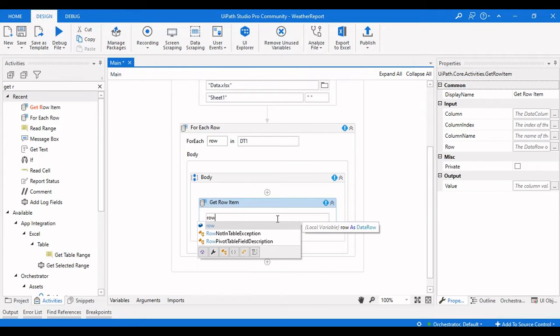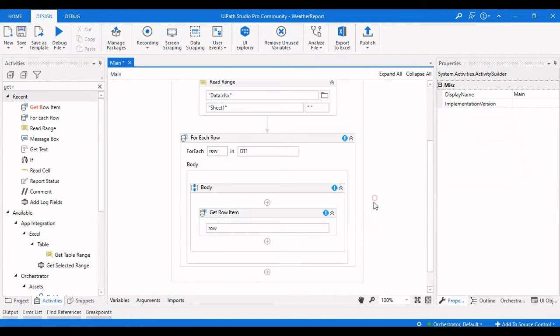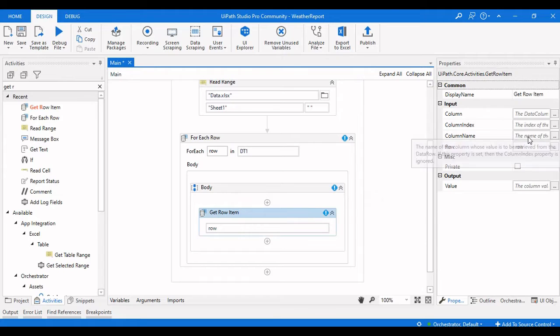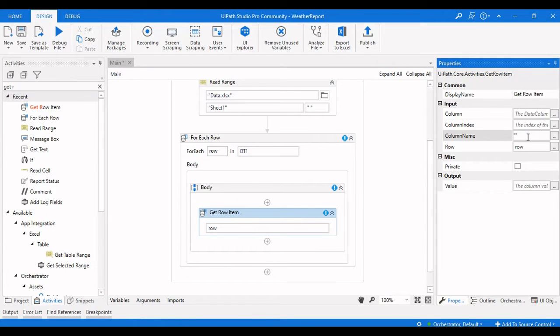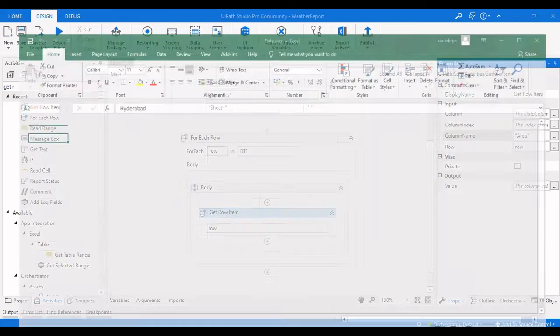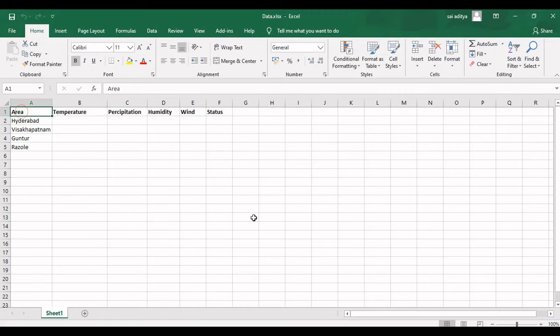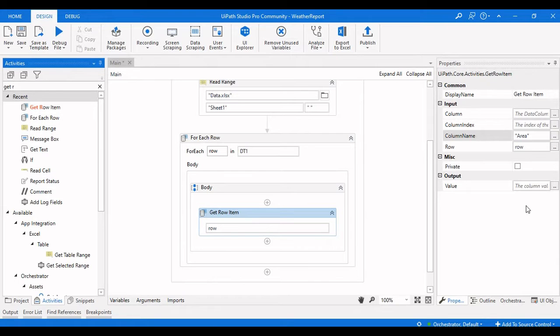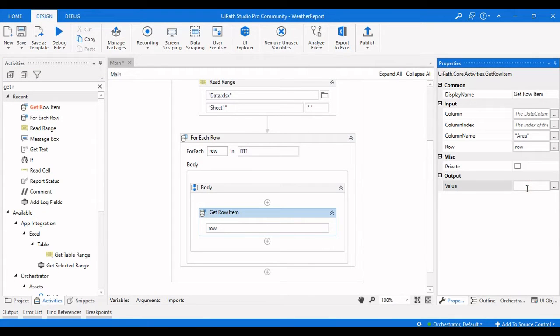So give it as row, and then specify the column name here. The column name will be area, and the column name is this one, and give it the output value as area name.